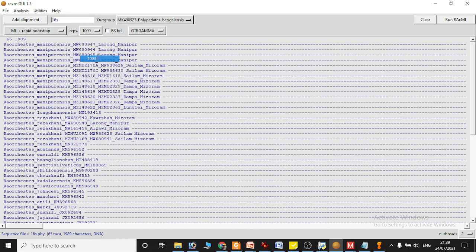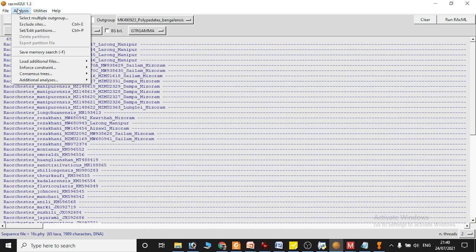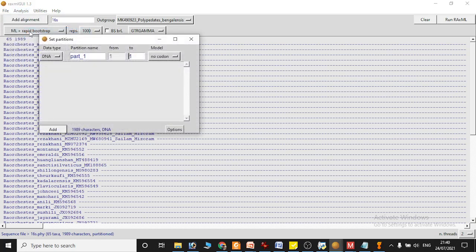I just take 1000. For 16S we don't have to do any codon-based partition. But for your gene, if it requires partition, first you read here how many nucleotide bases, 1989. Then you go to analysis, set partition. You see here 1989, you write here 1989.